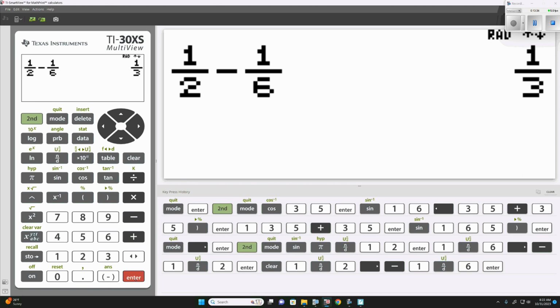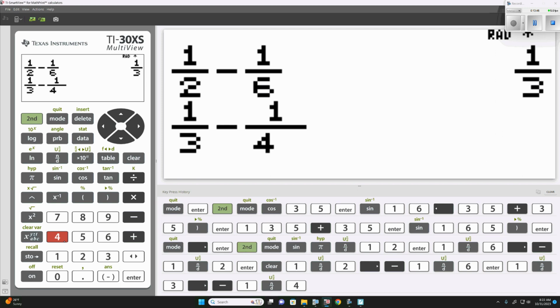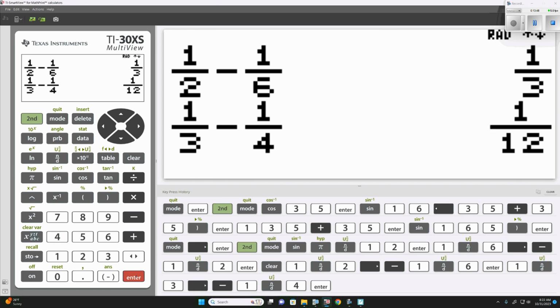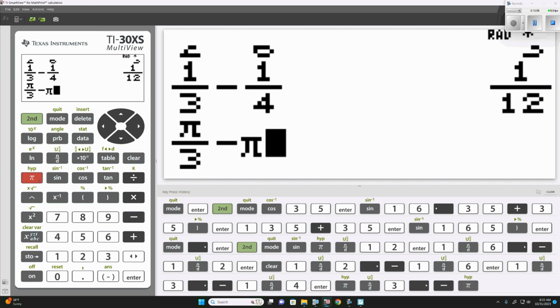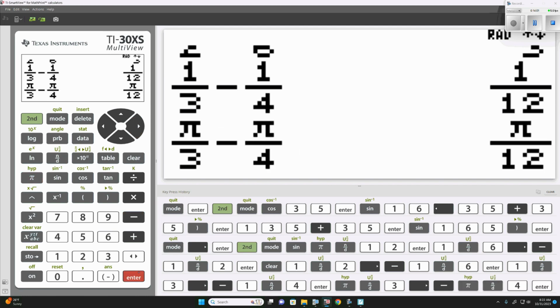Now, it might be odd that we're subtracting, because if we're adding, we'd have a bigger numerator, because we're adding two things together. Let's say 1/3 minus 1/4. Actually is 1/12. So for us, that means pi over 3 minus pi over 4 is